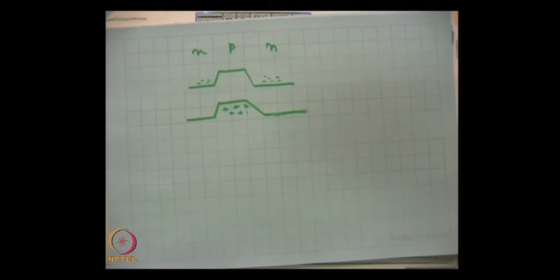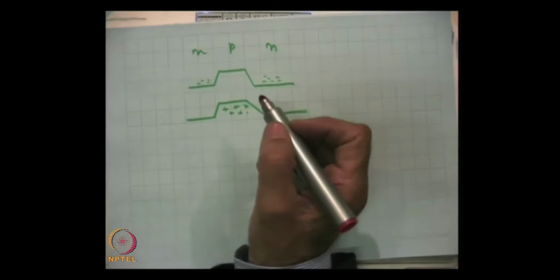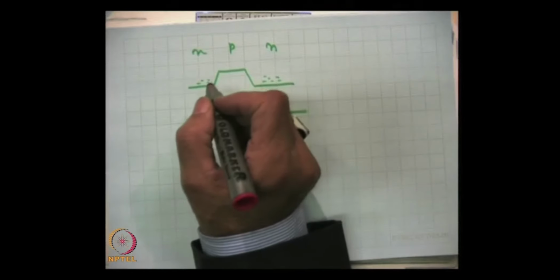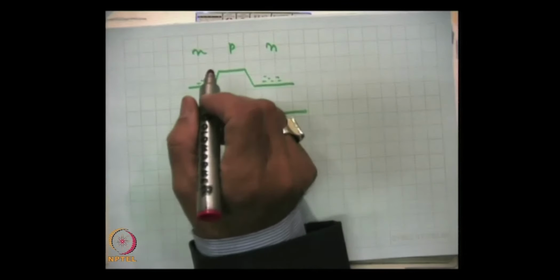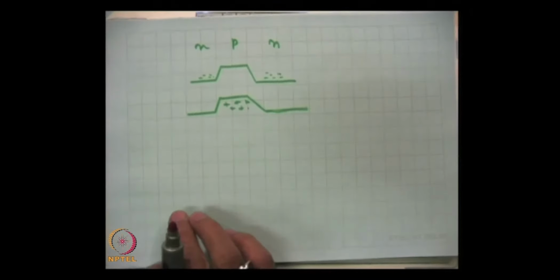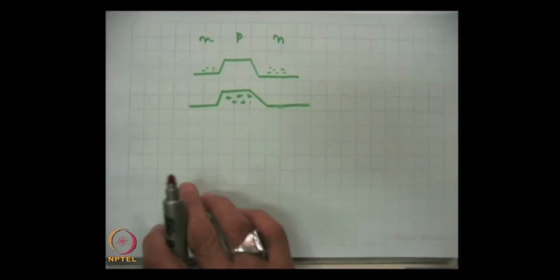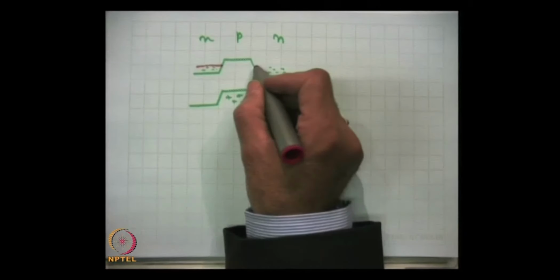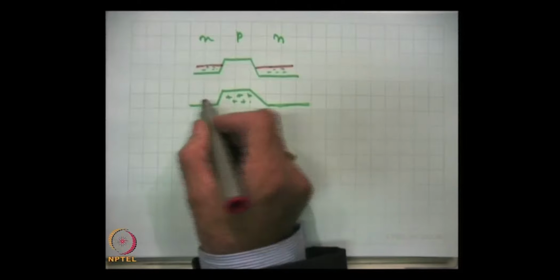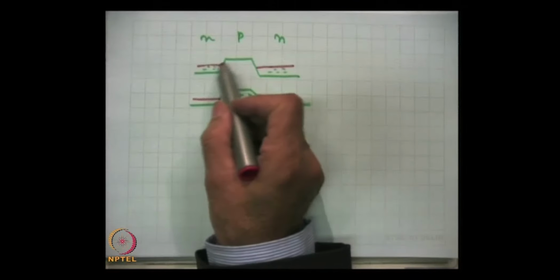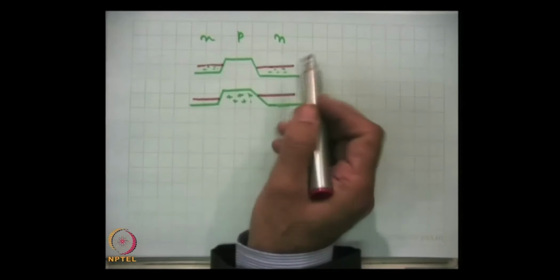This was an unbiased potential energy diagram. Now, we have applied forward bias on both sides. Forward bias creates a field opposite to the built-in field. This point we discussed in the case of the junction diode, and the potential height will fall. These red ones are the new positions.